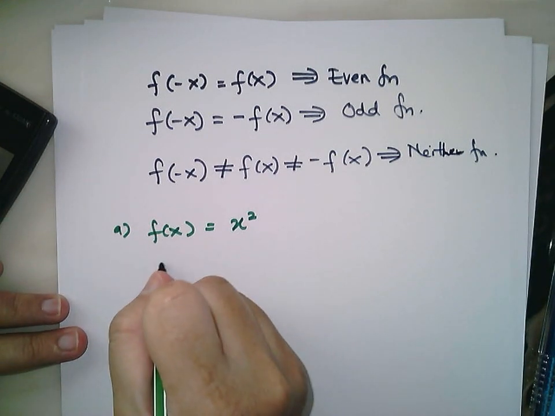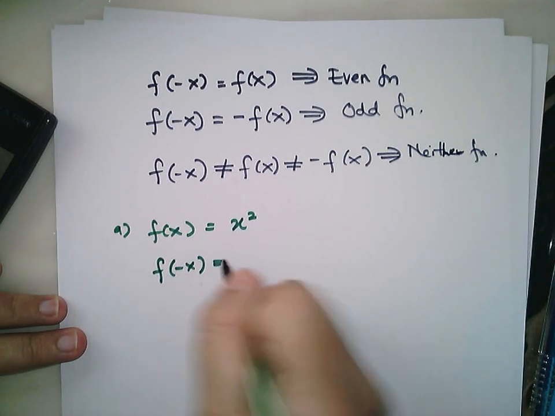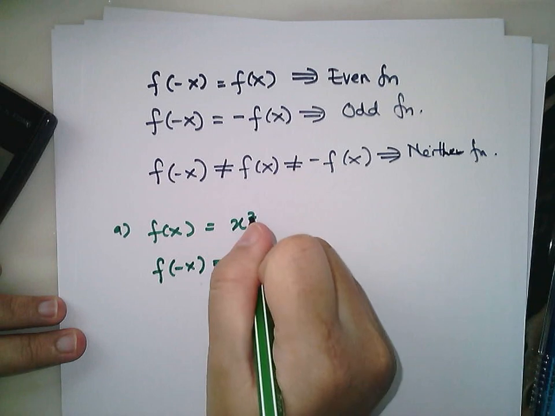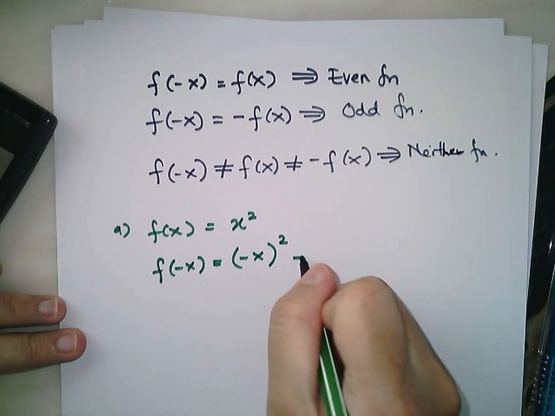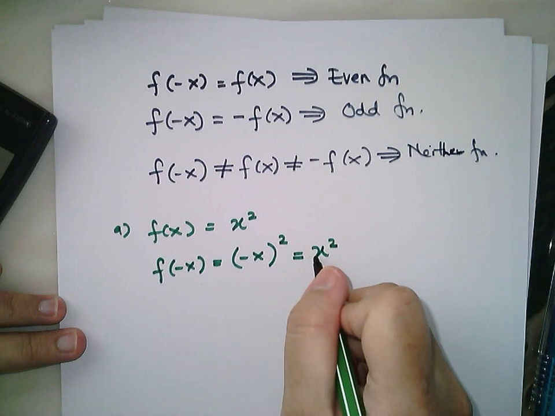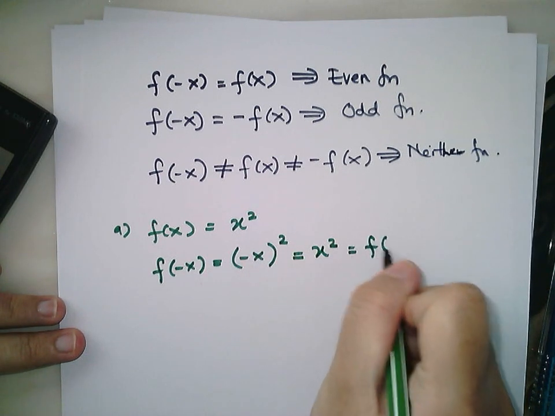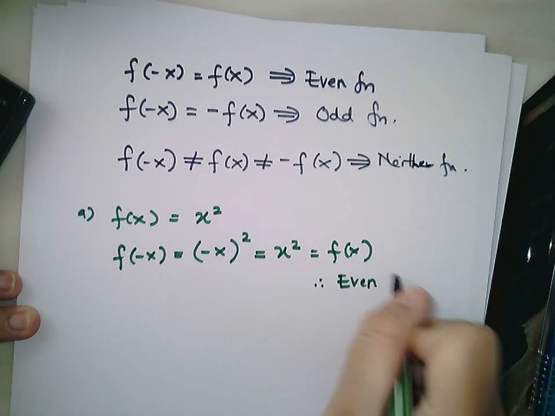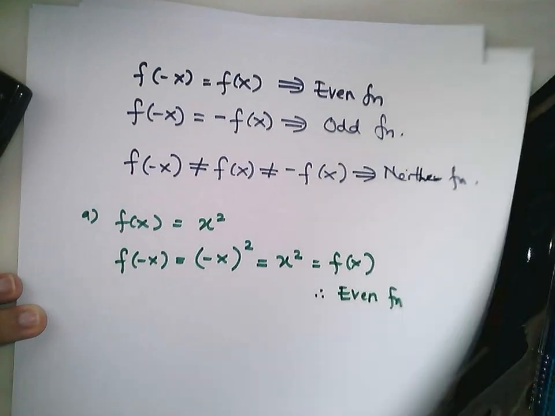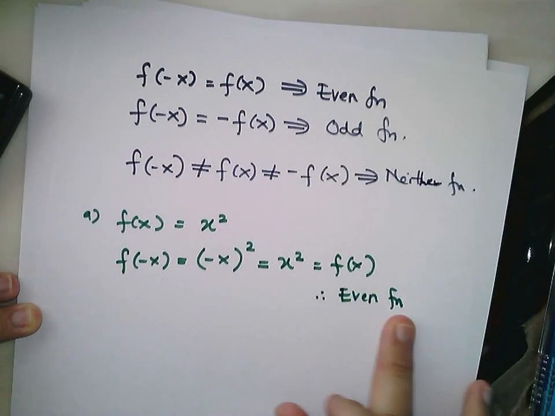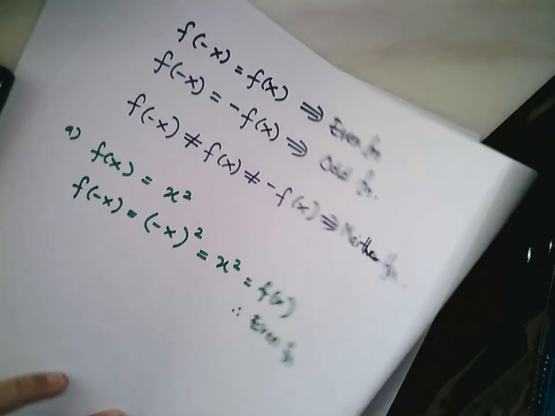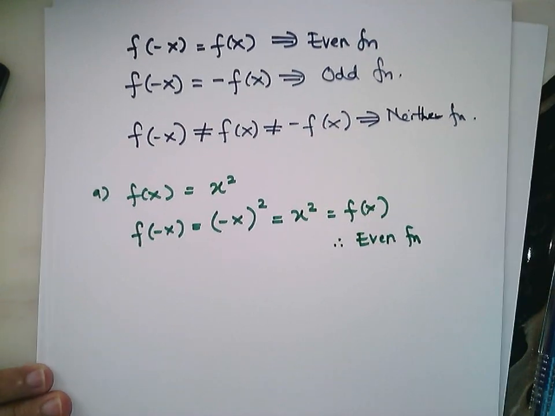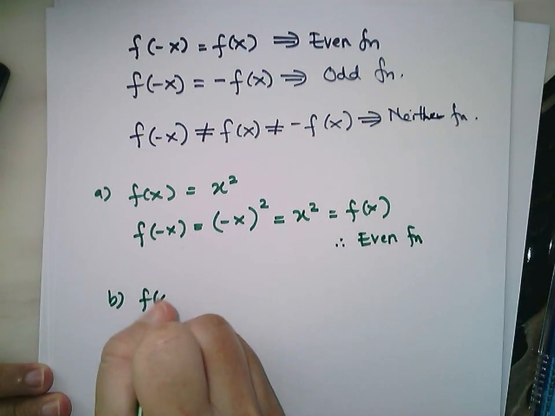So for this one, f of negative x is equals to, so now you have x here, so replace by negative x, the whole thing squared. So this one is equals to x squared, and this x squared is equals to f(x). So therefore this is an even function. So that is how you identify whether the function is odd, even, or neither function. Okay, so let's say you have your f(x) is equals to